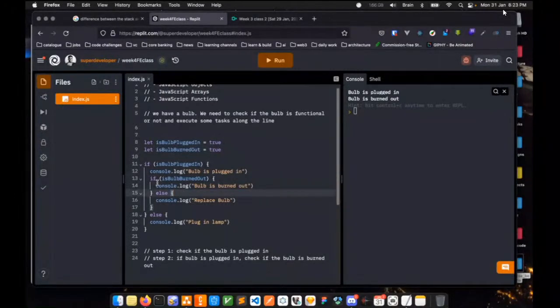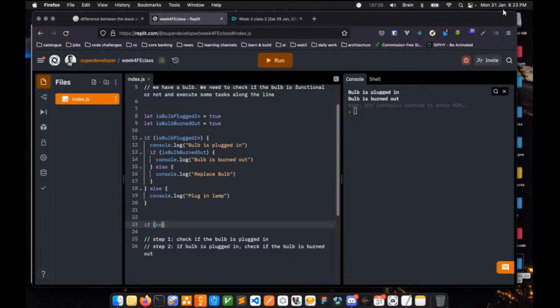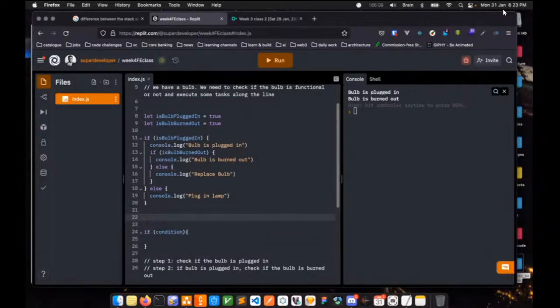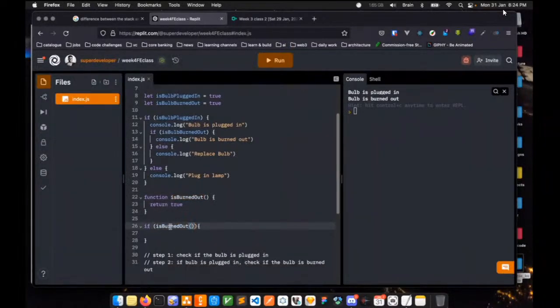So as I said, your if statement can work without the else. Always have that at the back of your mind that you can actually have your if without the else. So basically what happens is on your statement, you have your if, and you have the condition. This is whatever condition you want to put in here. And of course, your condition can come even in the form of a function. So just imagine we have a function isBurnedOut, for example, and it returns maybe true. It means if you call isBurnedOut in here, at the end of the day, you're going to be getting true, right? So console